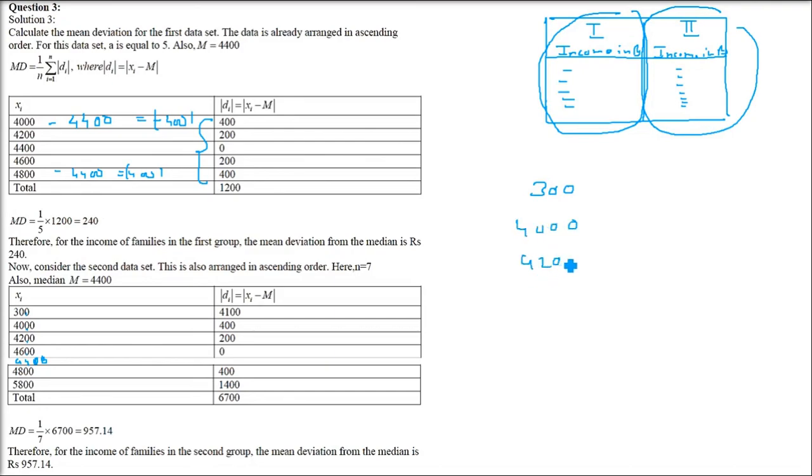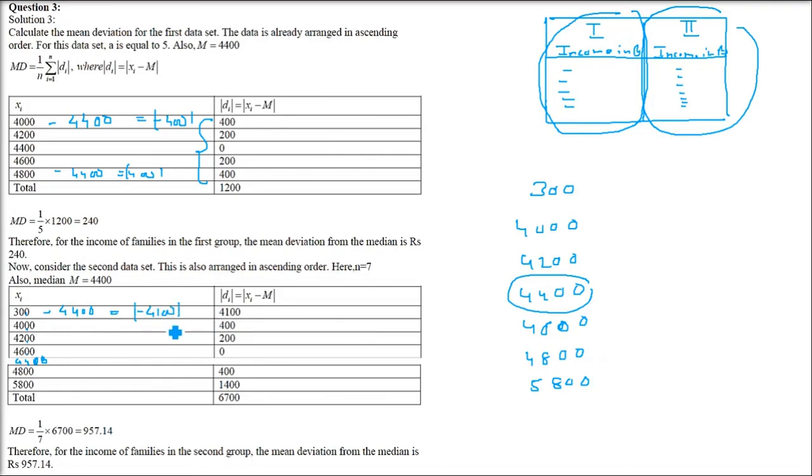Okay, now this is the list I am writing again. Those who don't have the book in front of them, just have a glimpse here. I don't write much because my handwriting is not good, but for completion's sake I have to write. The middle one is 4400. So for this list, you see 4400 is the median.